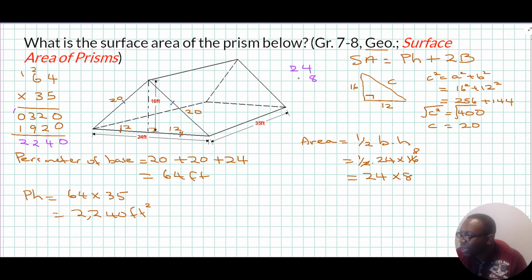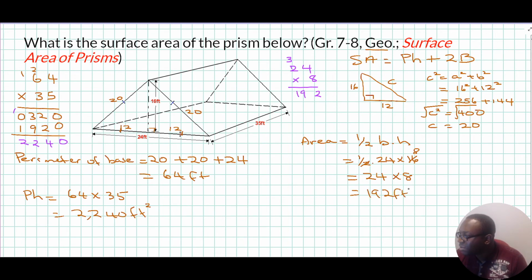24 multiplied by 8. 4 multiplied by 8 is 32. I write 2 and bring 3 up here. 2 multiplied by 8 is 16. Plus 3, we have 19. So this is going to give us 192